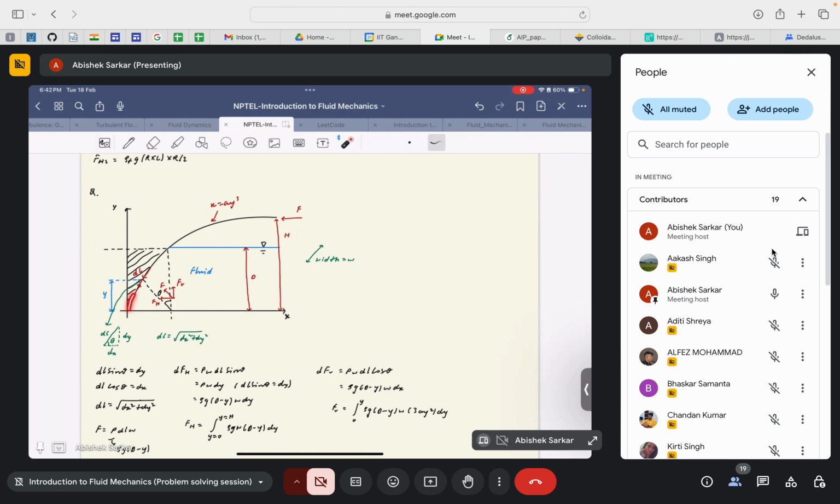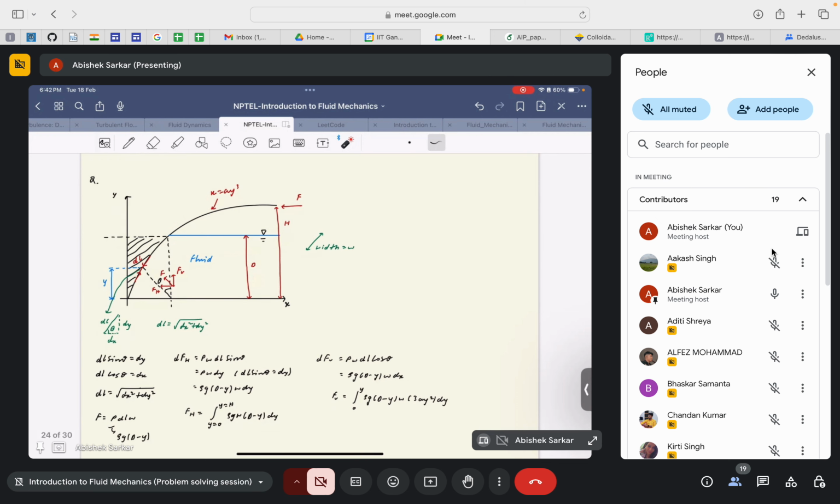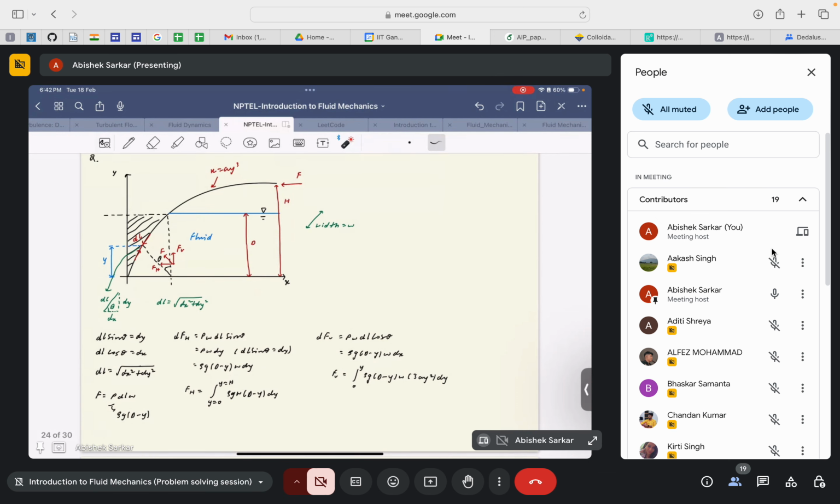this particular black line, which holds a fluid up to this particular height. It is at a height or depth of D, where the free surface is denoted by this particular shape, and the width of this plate is W. So we need to find an expression for the net resultant force that acts on this particular